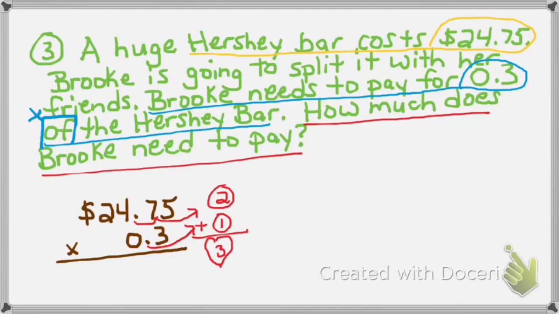So we're going to say 3 times 5 is 15, put down the 5, carry the 1. And 3 times 7 is 21, plus 1 is 22. Put down the 2, carry the 2. And 3 times 4 is 12, plus 2 is 14. Put down the 4, carry the 1. And 3 times 2 is 6,